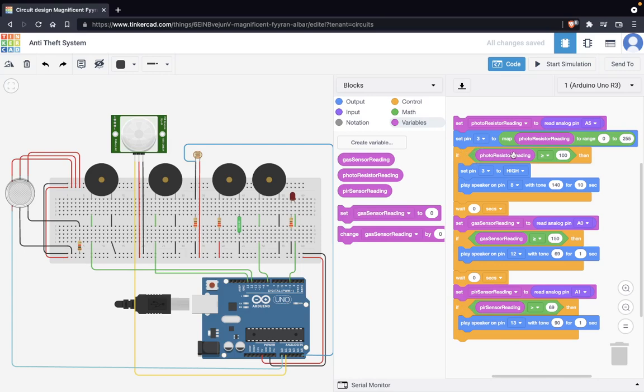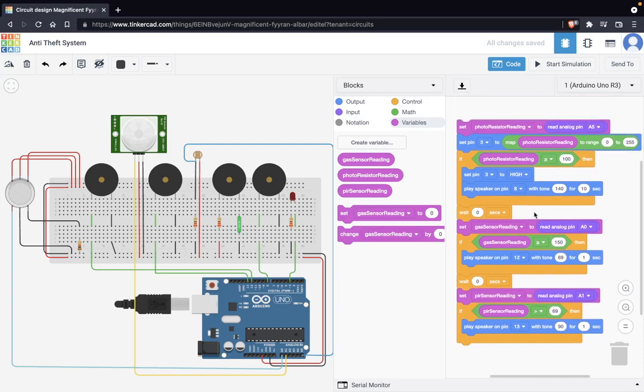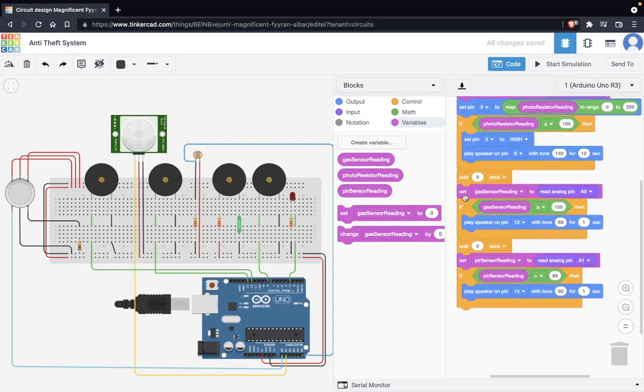If the value of photoresistor reading is greater than or equal to 100, then it will set the pin 3, that is this LED, to high. It will be glowing, and this value has no physical significance. It is just for purification of the code.